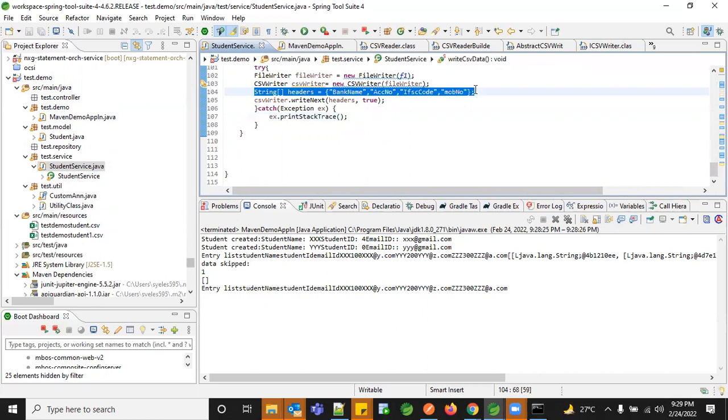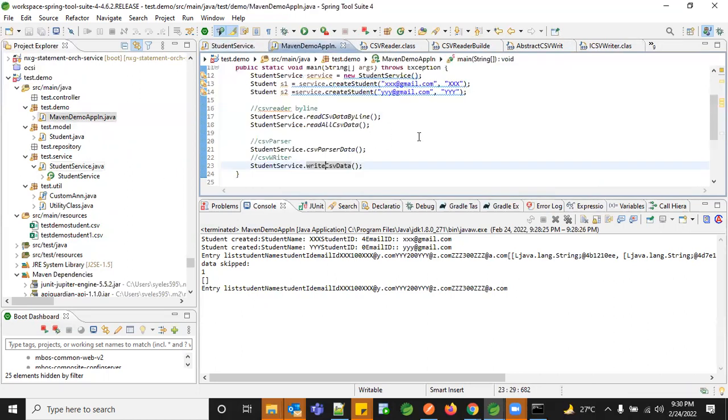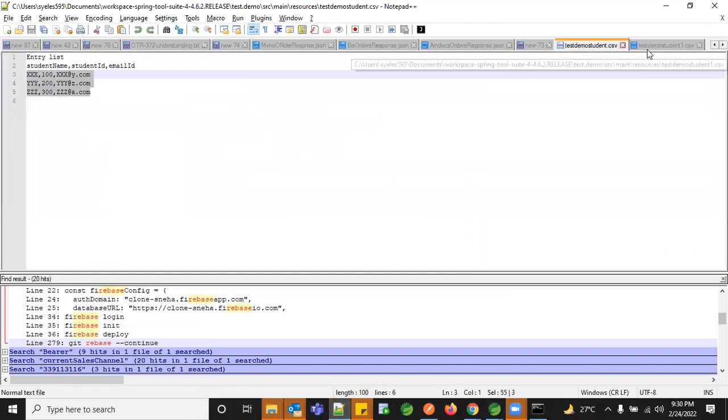Let's try one more and see. It's reloading, but nothing is written. Fine.